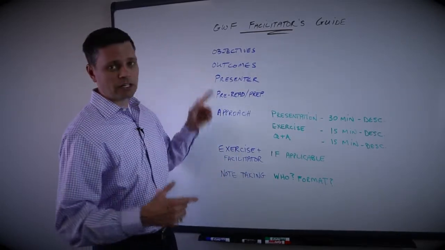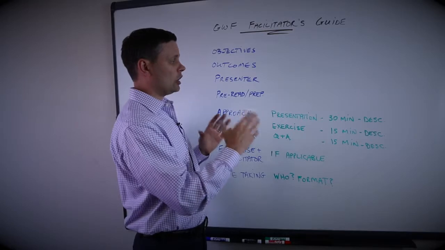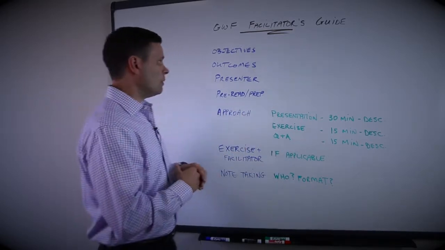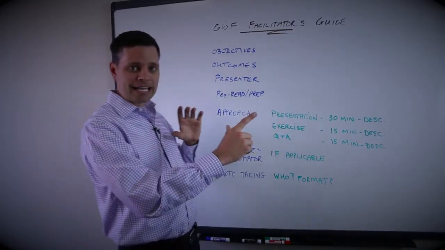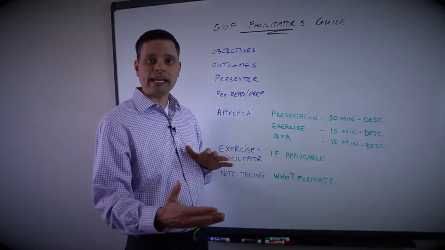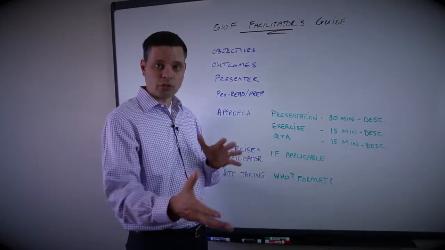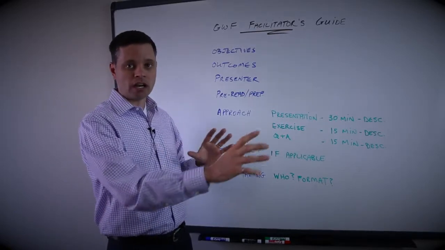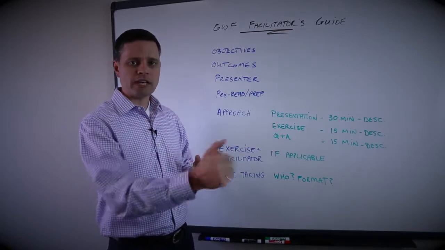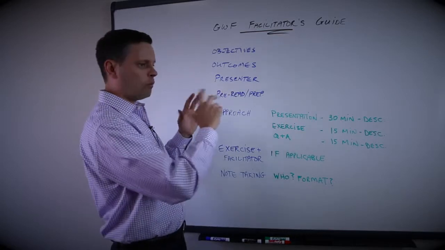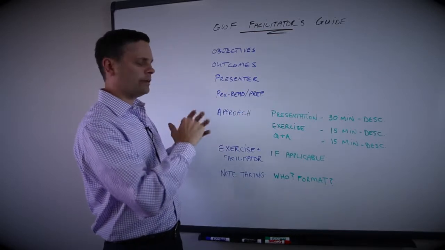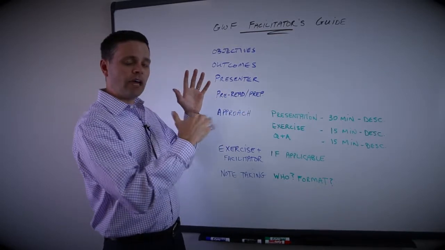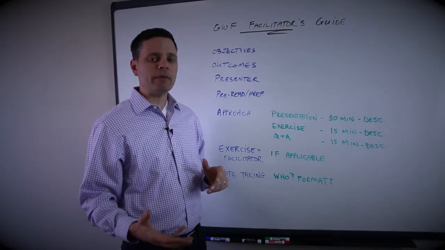The categories that we're going to look at for a facilitator's guide are as follows. We want to set, for a specific segment, let's say the 9 a.m. to 10 a.m. slot on Tuesday for the workshop, the objective of that hour-long time slot. We're going to have this person present on this topic. Why are we doing that? What's the objective?